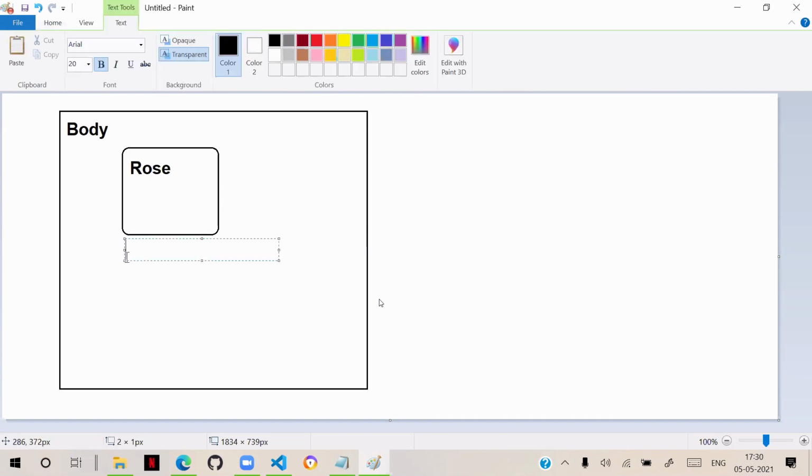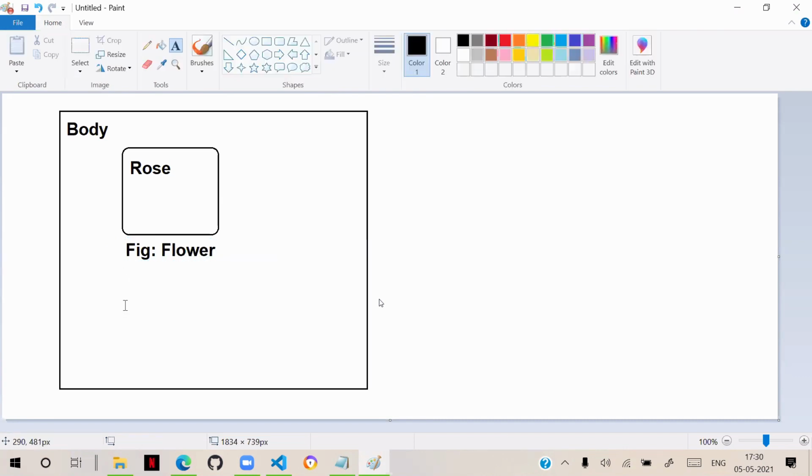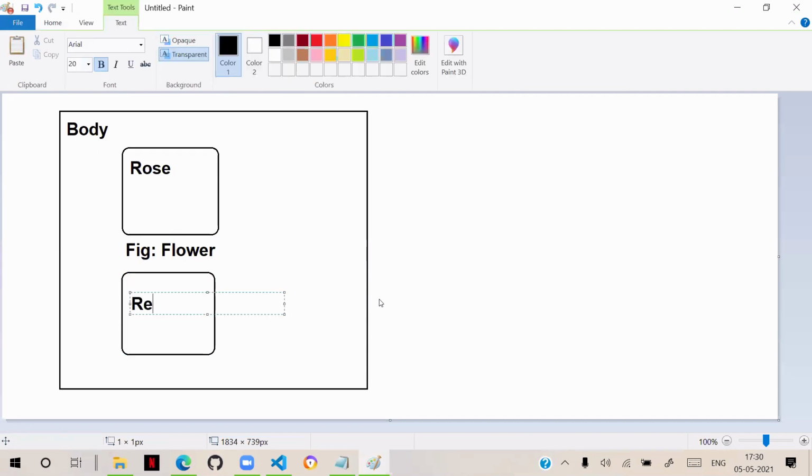And we have a figure caption, the caption is flower. And below that, we have another one. This is like some Range Rover. And here we will have a figure caption, car.